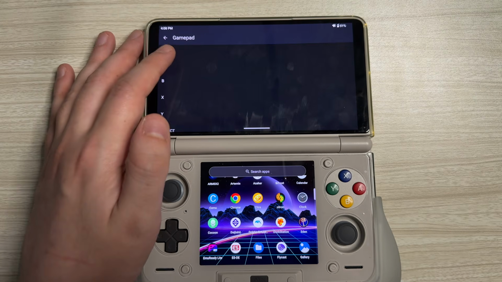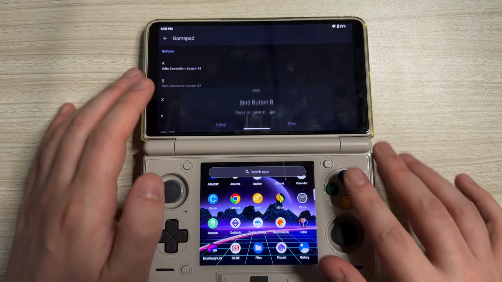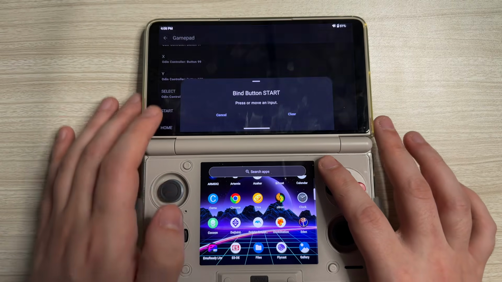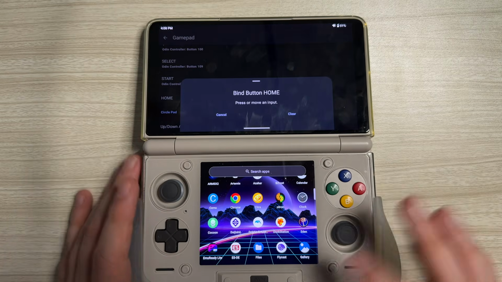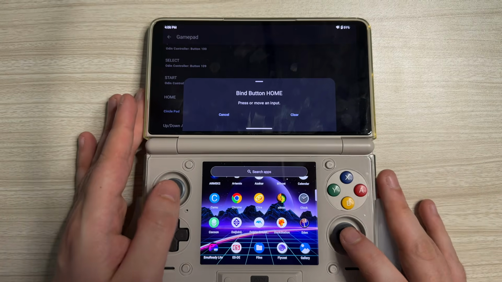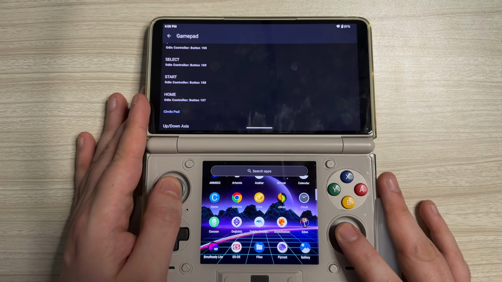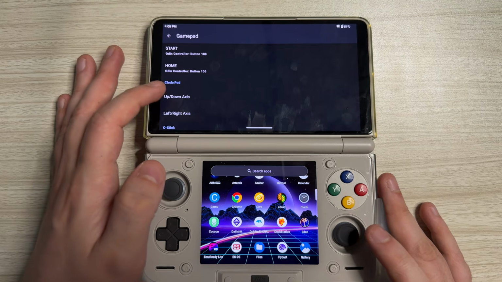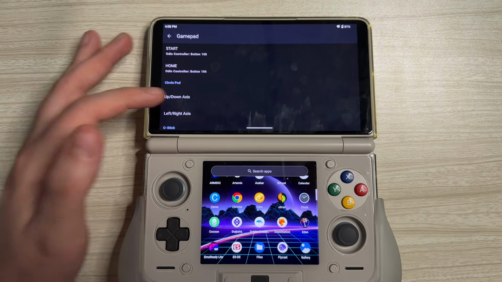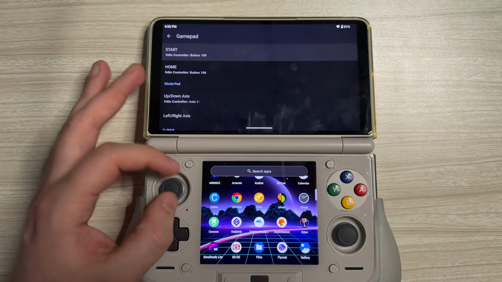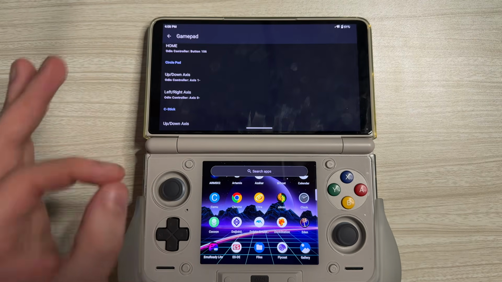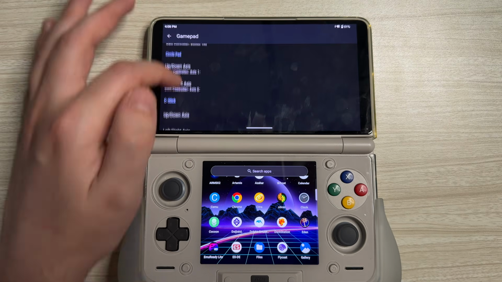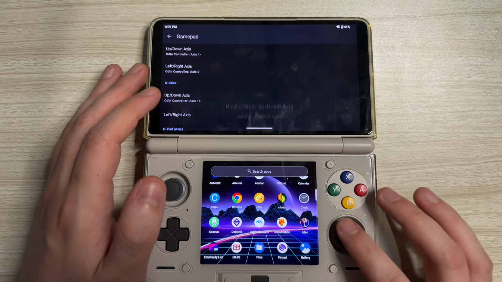Gamepad. So again, I'm going to work through and set manually. This one doesn't seem to already have a profile installed, which is a bit odd, but it is what it is. So use the left click for home. So the circle pad, you only need to do up and left, or down and right. So first I'll move it up, and then I'll move it left, and it will automatically calculate the opposite axis for the down or the right, and the same for the C stick or the right stick,